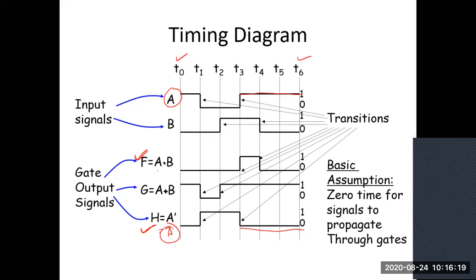I told you the AND operation between all the combinations of 0 and 1. A can be either 0 or 1, similarly B can be either 0 or 1. So you can make this graph from the values I am giving here for A and B. For T0 to T1, A is 1 and B is 0. So 1.0, I know that 1.0 is 0.